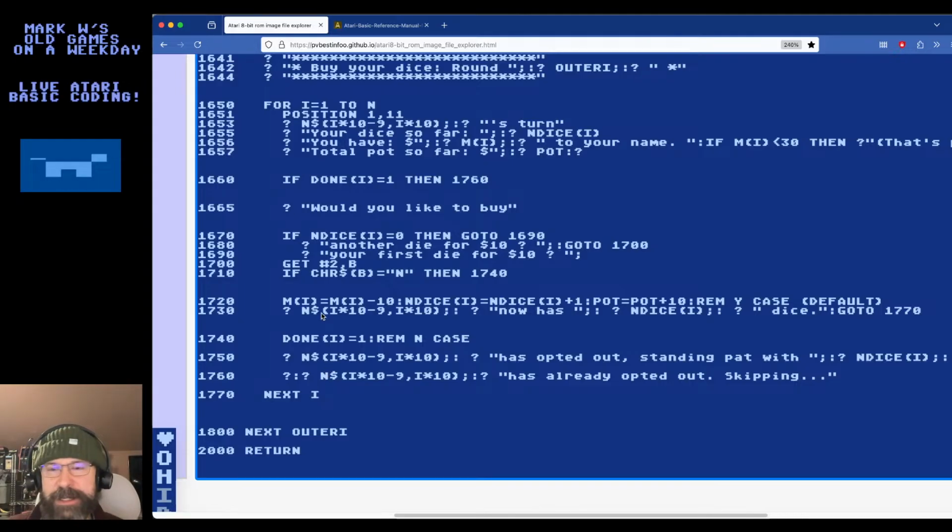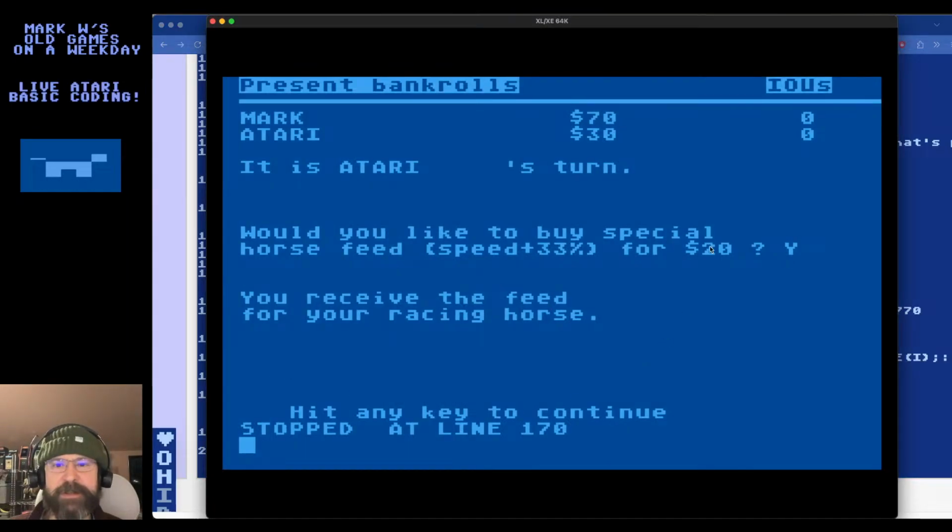I don't know how many I'm going to print. I guess I got to count how many characters are on a line. Trying to think. Yeah, let's run the program. Actually, it might be on the screen enough. I can just kind of go like this. Let's count like this. 1, 2, 3, 4, 5, 6, 7, 8, 9, 10, 11, 12, 13, 14, 15, 16, 17, 18, 19, 20, 21, 22, 23, 24, 25, 26, 27, 28, 29, 30, 31, 32, 33, 34. Where was this one? I guess I could just look it up. 36, 37, 38. Let's go with 40.